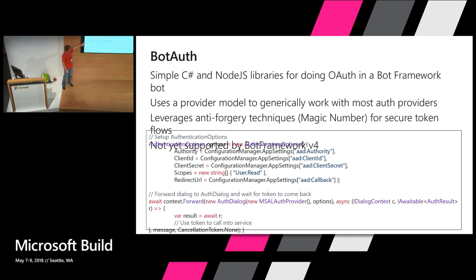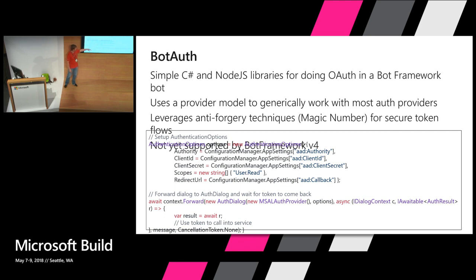What I put here is the basic flow. And again, I apologize for it being hard to read up here. But using BotAuth is really 2 lines of code. That's what it takes for me to get a token to where I can then call into a secure service. And again, it doesn't matter. We're going to be concentrating on Microsoft Graph here, but you could just as easily do this with some other type of provider. You're essentially going to set up your authentication options. So that's things like where I've defined and registered an application and got a client ID, a client secret, maybe the permission scopes that you need,